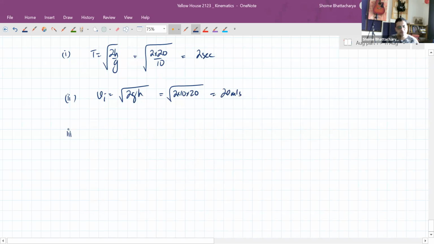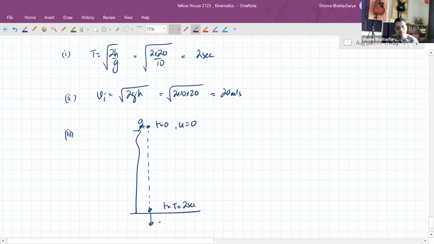Now the third part, we need to understand that the object is starting from here at t equal to 0 with initial velocity equal to 0 and hitting the ground at t equal to capital T, which is 2 seconds, with an impact speed of 20 meters per second, 20 meters below. Now in between, where it is at t equal to 1 second,